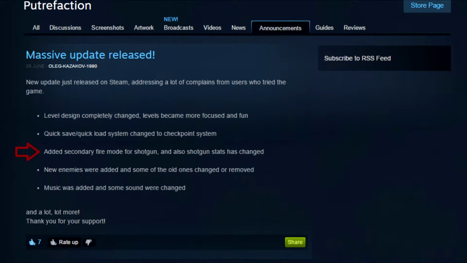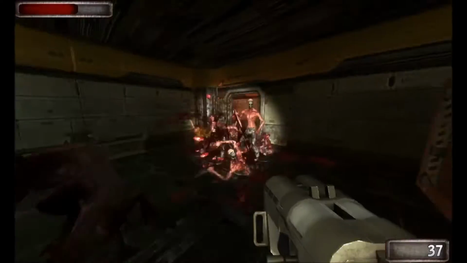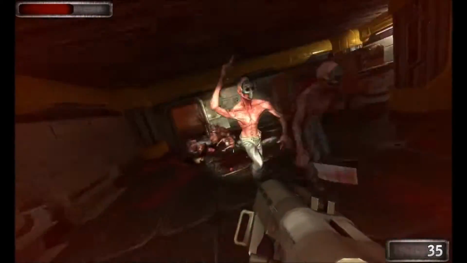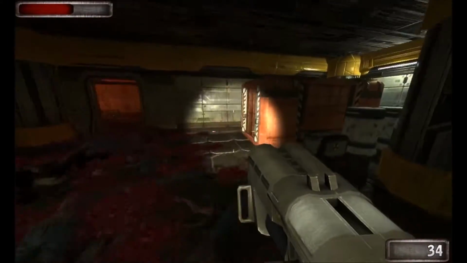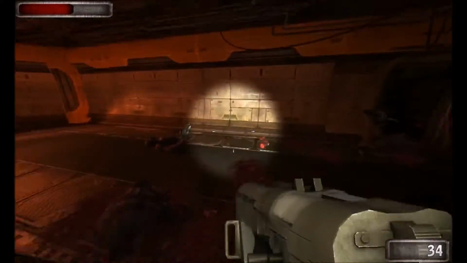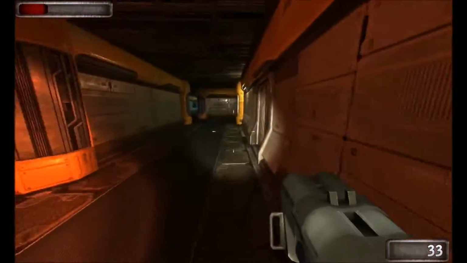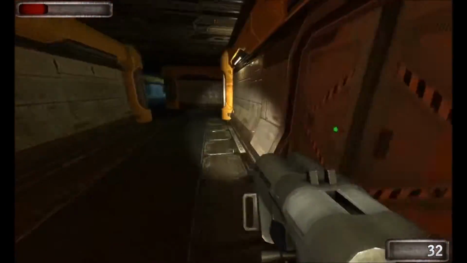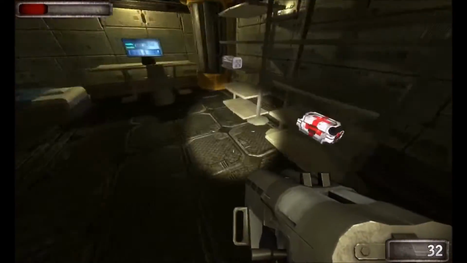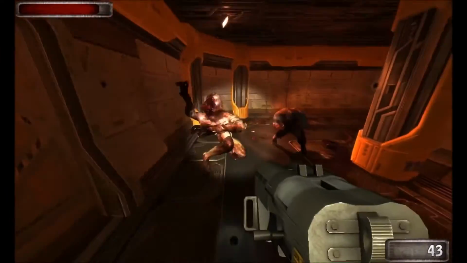The next area that had some work on it was the shotgun. Added secondary fire mode for shotgun, and also shotgun stats have changed. Essentially, all they seem to have done here is added a firework to the shotgun. Slightly disappointing, because if something goes psst, you expect it to go bang at the end, but this does seem